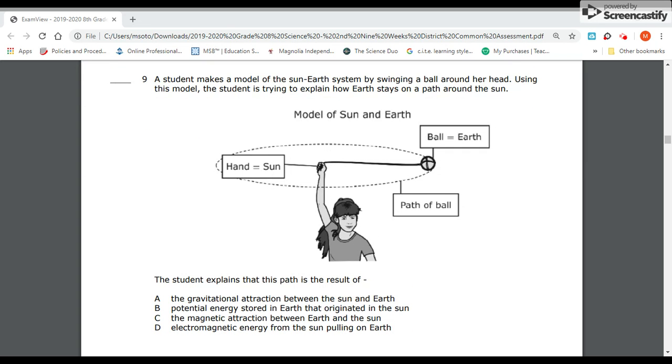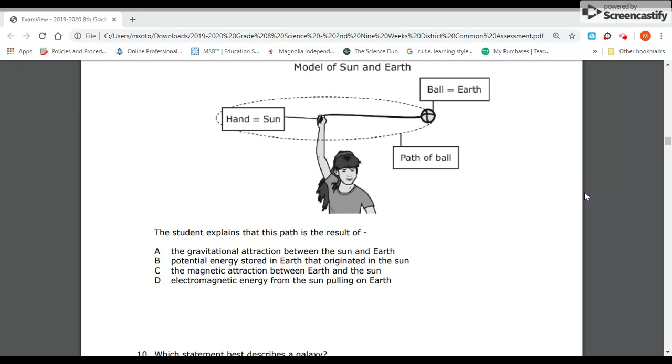A student makes a model of the Sun-Earth system by swinging a ball around her head. Using this model, the student is trying to explain how Earth stays on a path around the Sun. The Earth is the ball, the hand is the Sun, and the dotted line is the path of the ball. The student explains that this path is a result of